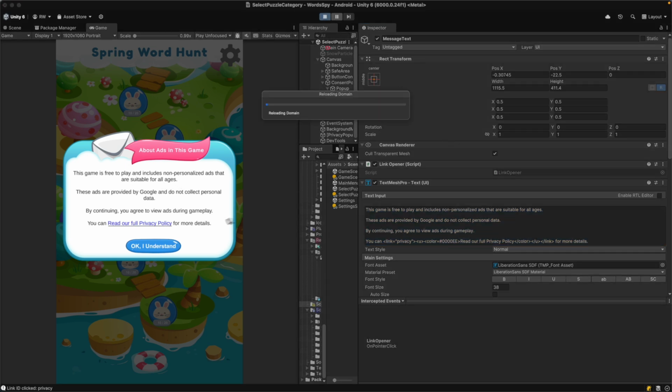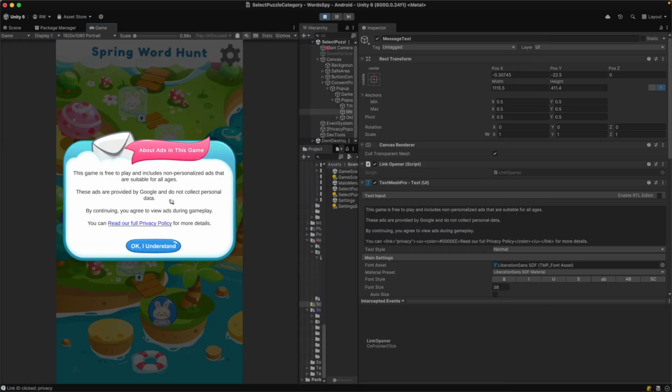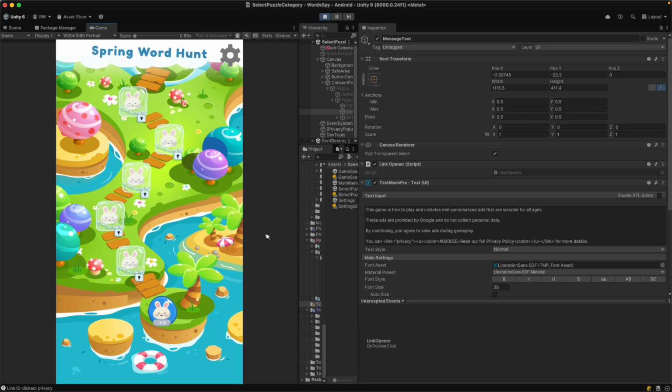So if I press play, I'm going to show you again. I can do the full policy review by clicking on the link within the pop-up, and if I click anywhere else, the link won't open. Only when you're actually clicking on the highlighted writing. Okay, so hopefully that was helpful for someone who tried to do the privacy policy pop-up